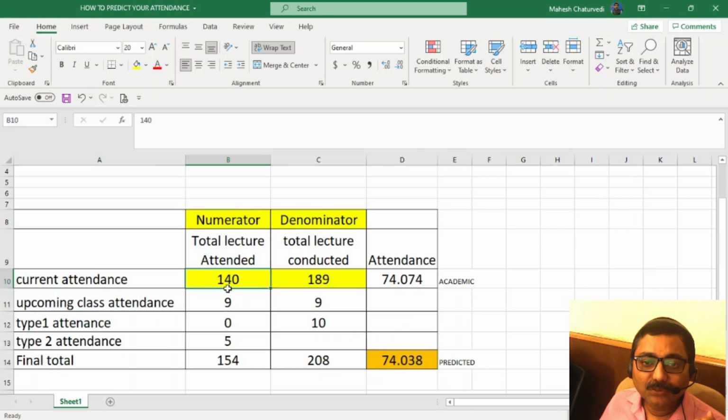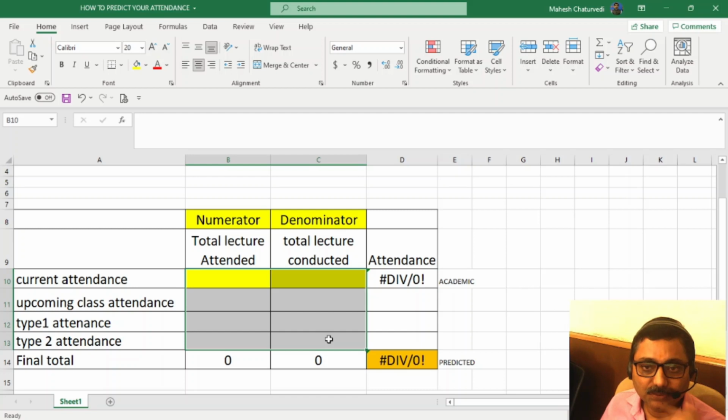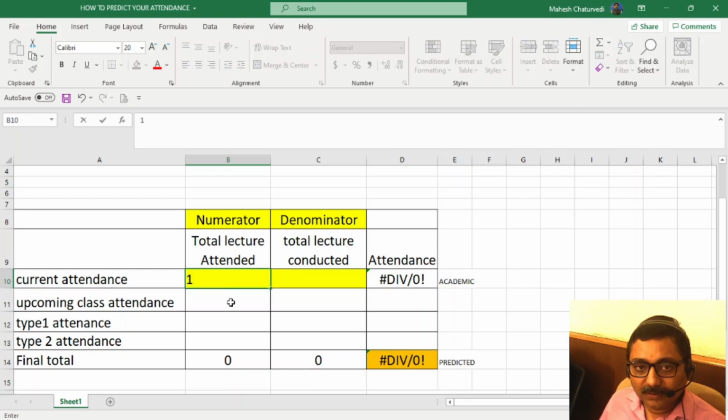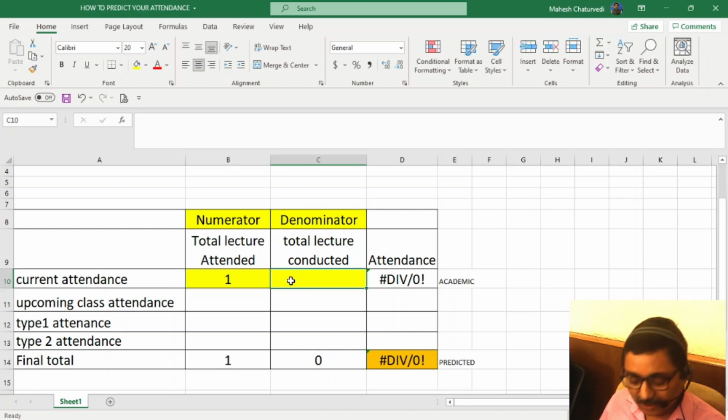And one more thing I want to tell all the first year students, first semester students. Suppose you have come for the first time and you have attended one lecture, one by one, 100%.